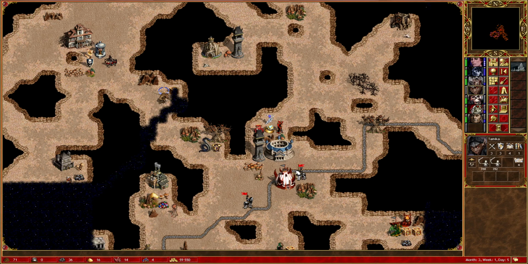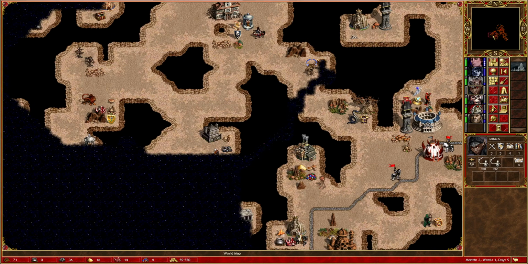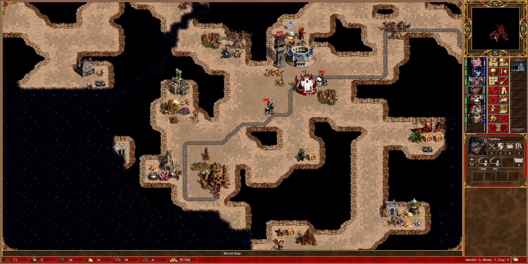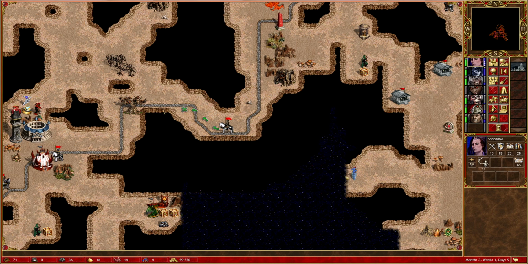And Vidamina, she's not going to take long to get back here, so where do I want to be going? Do I want to continue exploring over to the west here, or do I want to go down underground? I think probably down underground, so let's send Tamika down back this way. And I think I'm actually going to